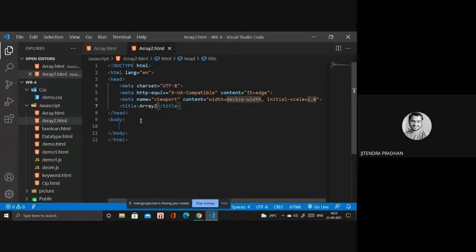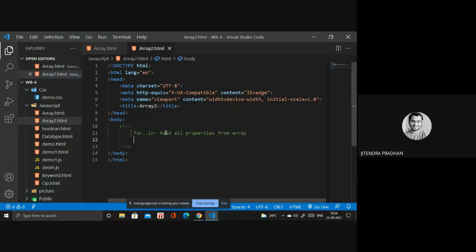Okay. So next thing we have to discuss is for in. I will write in the comment. It's better. So first thing is for in. What is for in? For in basically reads all the properties from the array.